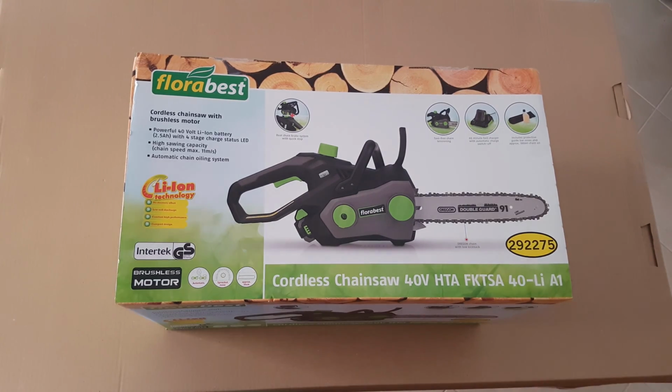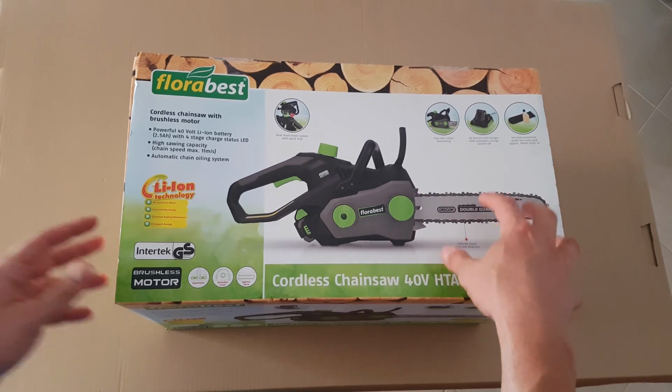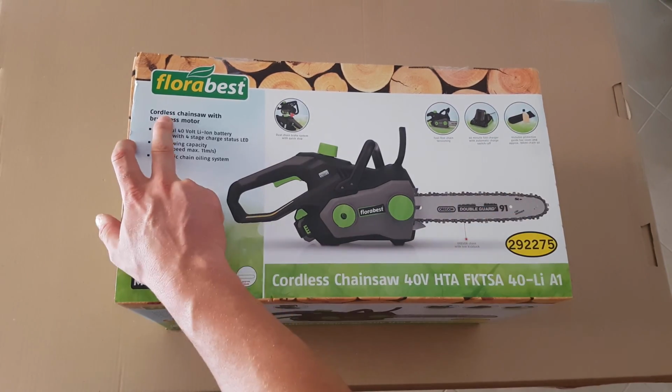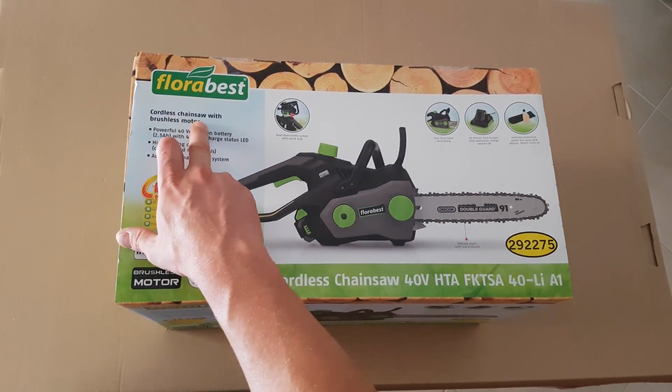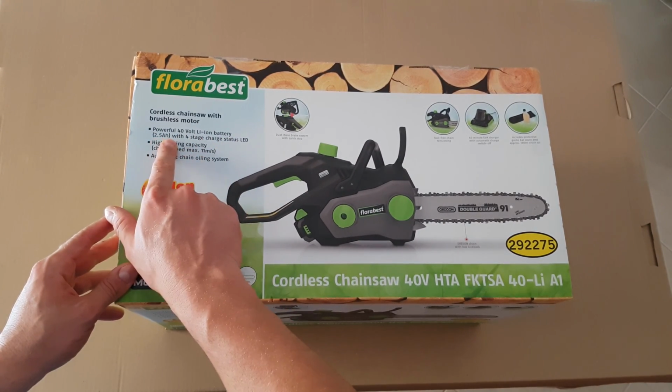Hello guys, again we have a new unboxing. This is the Florabest. Buy it from Lidl. It cost 149 euros. This is a cordless chainsaw with brushless motor, powerful 40-volt lithium battery, 2.5 ampere hours with